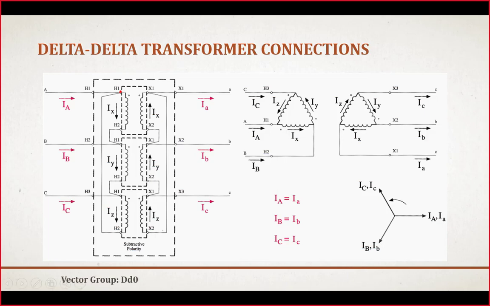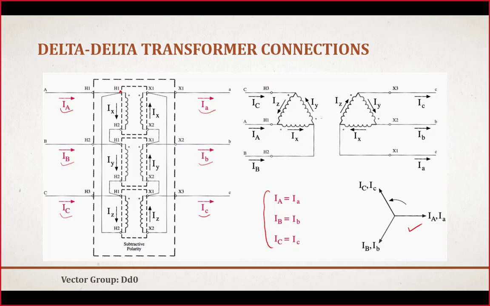If this is the case, then the line currents here IA, IB and IC will be exactly in phase with the line currents here which are flowing out of the delta on the low voltage side, and here is a summary. Two side currents will be exactly in phase, and we can verify it from here with the help of the phasor diagram. And the same is the situation from this diagram.